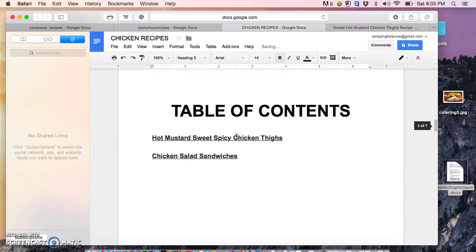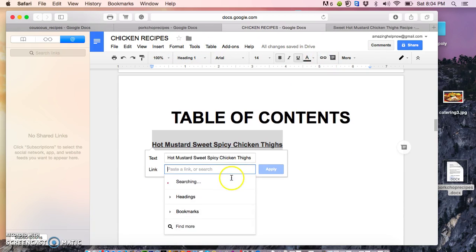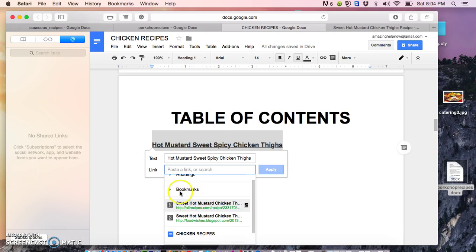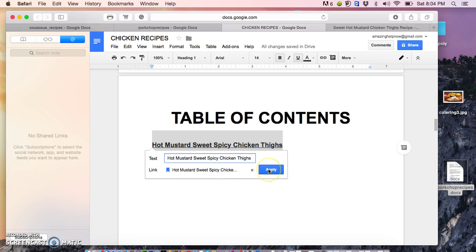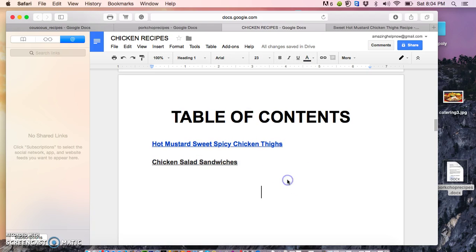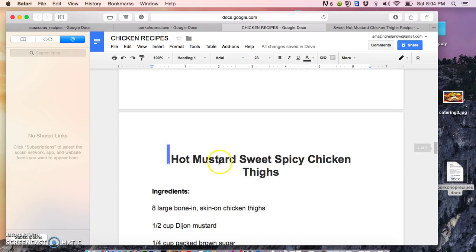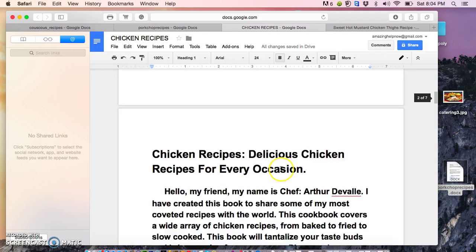Okay. So what happens is once you go to table of contents, you can just go here, highlight the title that you want, and then click the link right here. And it's going to ask you what do you want to link it to. And you'll just click bookmark, and then you'll click the recipe that it corresponds to, just like that, hot mustard, and then press apply, and see that way. See this table of contents recipe is bookmarked to the actual recipe, and they can click it and skip down to what recipe they want. So that's it, folks. Just follow it exactly as you can, and